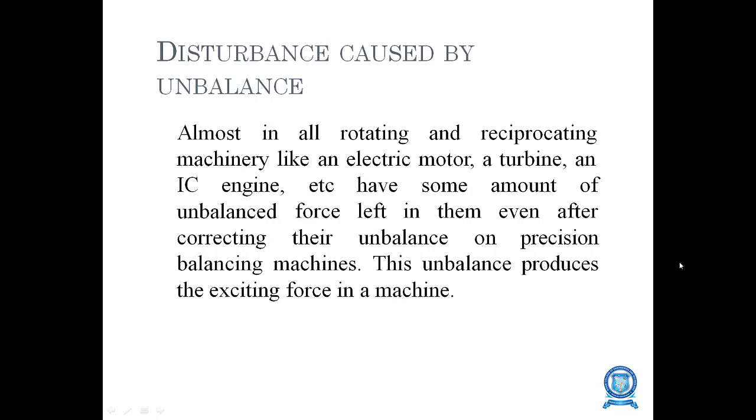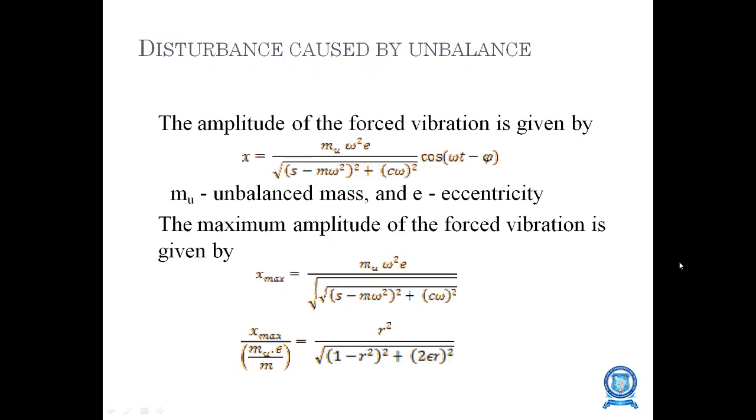Almost all rotating and reciprocating machineries, like an electric motor, a turbine, an IC engine, etc., have some amount of unbalanced force left in them even after correction by precision balancing machines. These unbalanced masses produce an exciting force in the machine. The disturbance caused by unbalance is the amplitude of forced vibration X is equal to mu omega square E